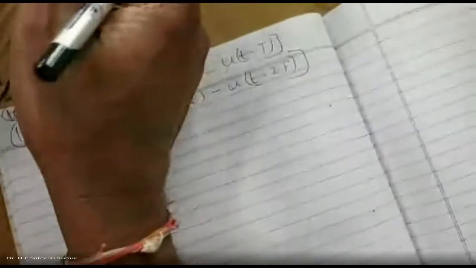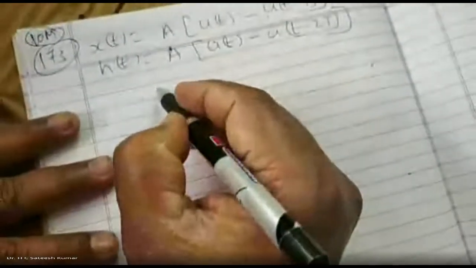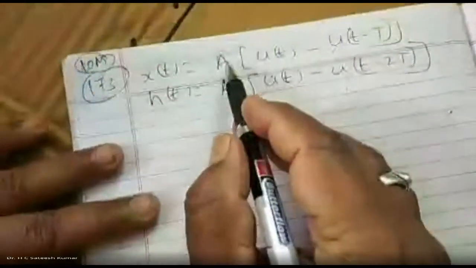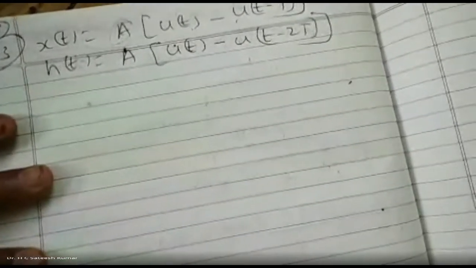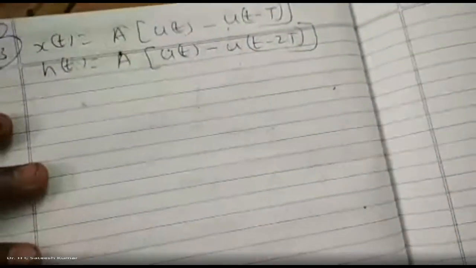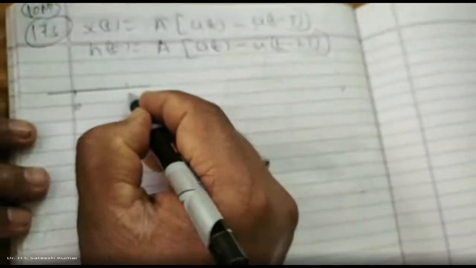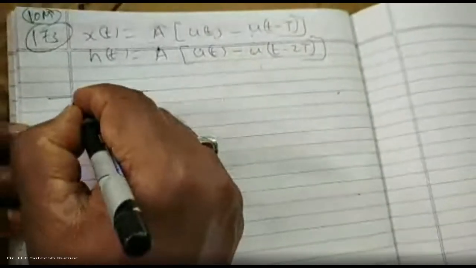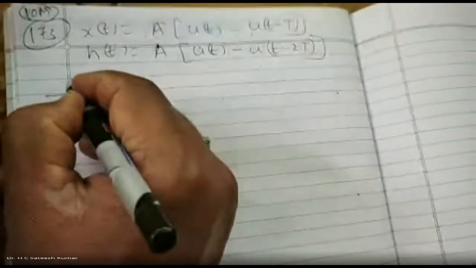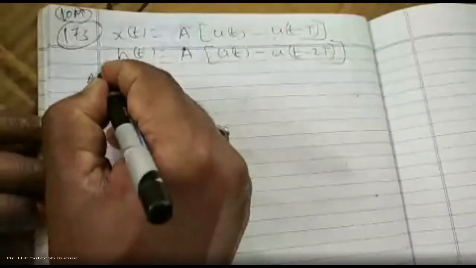Okay, right? Shifting and all is very easy. The only thing here is t, tau, and small t, capital T, small t, tau. You should not mix them up. That's it. Okay, first one is from where to where? This is the amplitude, don't worry about the amplitude. The signal x of t starts from 0, goes 0 to T. Amplitude is A.